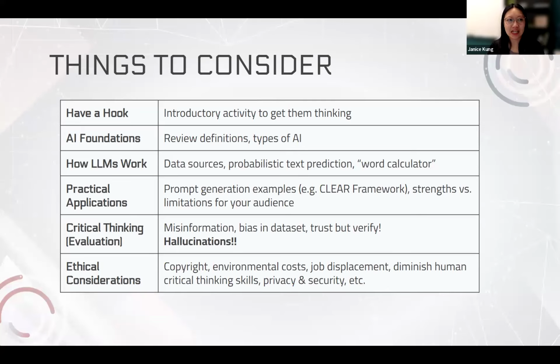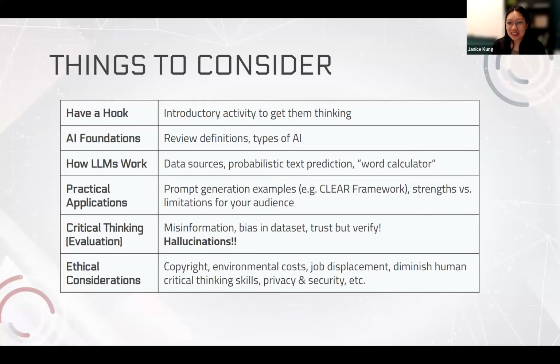Then I included some AI foundation information, talked about some definitions, especially the ones that pertained to generative AI, such as large language models or LLMs. So that was really good to set the tone again of what we're talking about for the session. Also to talk about the different types of AI and to pose the question to the audience where they think ChatGPT sits in terms of what type of AI it is. So we try to alleviate the fears, calm the anxieties that we're not quite at the Terminator, Black Mirror times yet. So I thought that was really good.